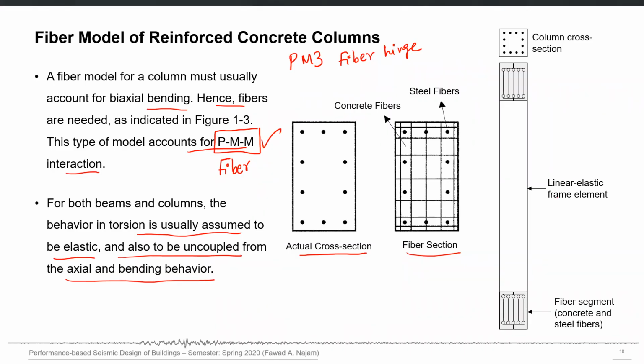On the right, you have a figure where you have assigned the column fibers. This is the side view. You can see only fibers in one direction, but actually it is in 3 dimensions. The fibers are applied for a part of the segment at one end and for another part at the other end. These are the 2 fiber segments at both ends, and in between is the linear elastic frame element. So for columns also, you can either lump the fibers at both ends or you can run them throughout the whole length of the column.